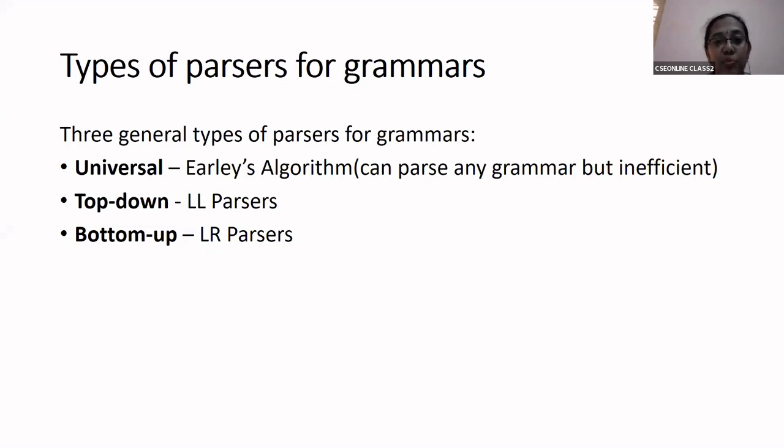From where do you get the input of tokens? From where do you get the tokens? You get it from the lexer. The input is given to the lexer. This lexer breaks down the input into smaller units called tokens, and these tokens are passed to the parser. Your Yacc, yet another compiler compiler, is an example of a parser.